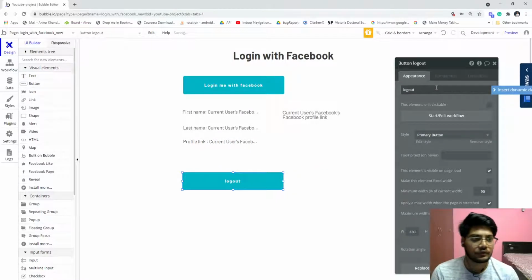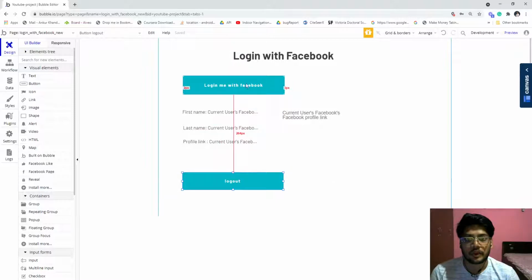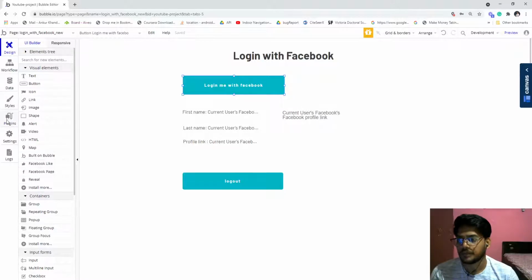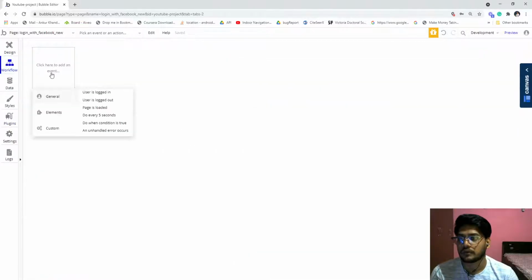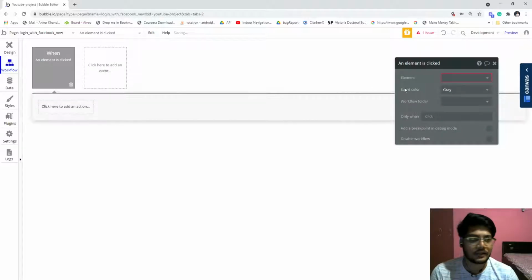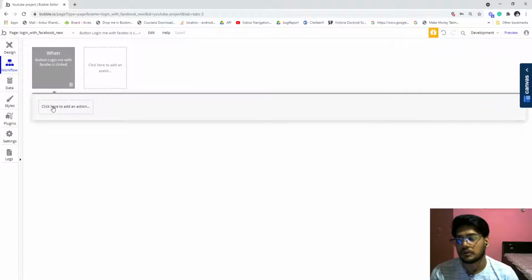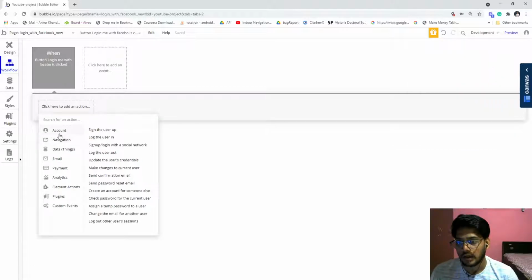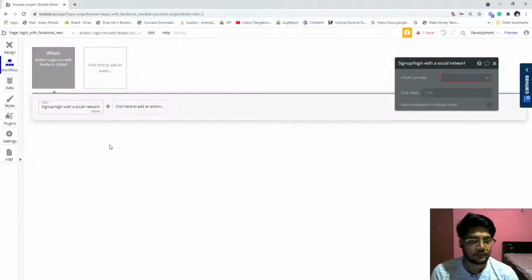Logout. Okay. Now we will go to the workflow. Click here, when the element is clicked, go to login with Facebook. Now click on add action, account, sign up and login with the social network.